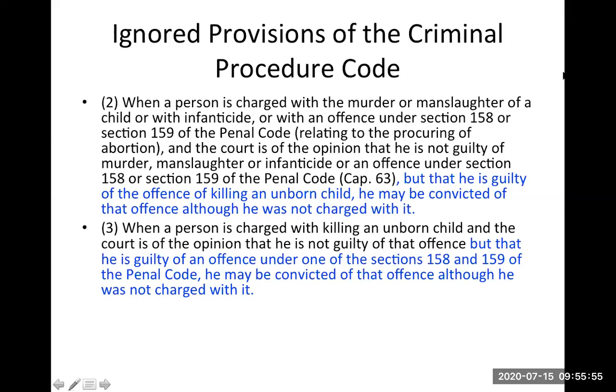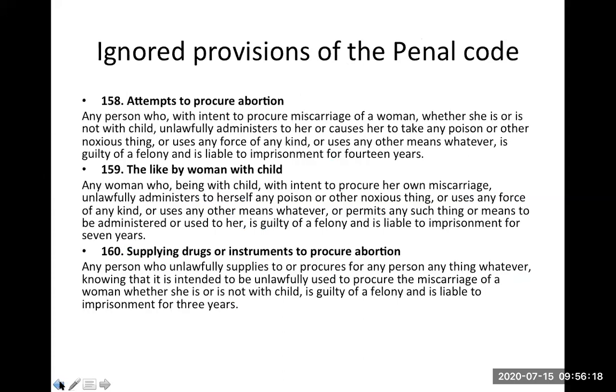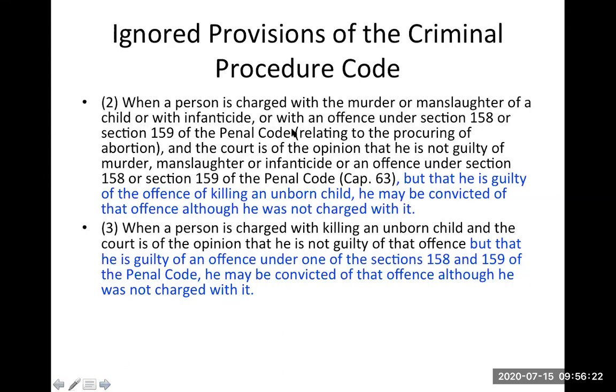The Criminal Procedure Code provides that when a person is charged with the murder or manslaughter of a child, or with infanticide, and with an offense under sections 158 or 159, you see that? 158 or 159. If a person is charged under those provisions,